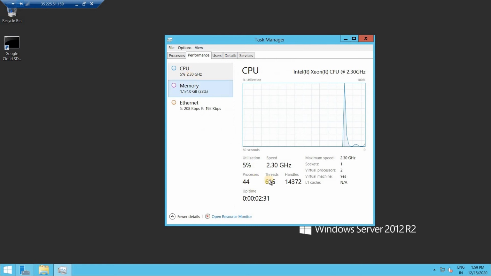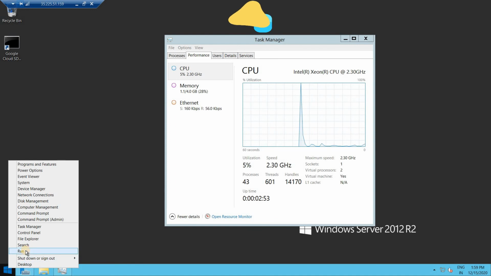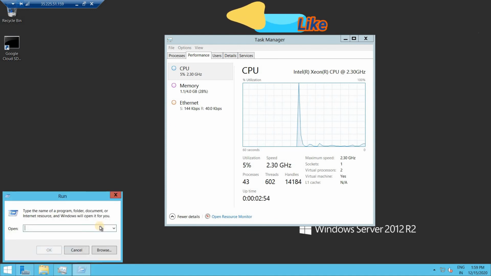You can see how much CPU we have, what the utilization is, and how much total memory we have. We have 4 GB right now, earlier we were having 2 GB. Another tip: go into this run option and type CMD.